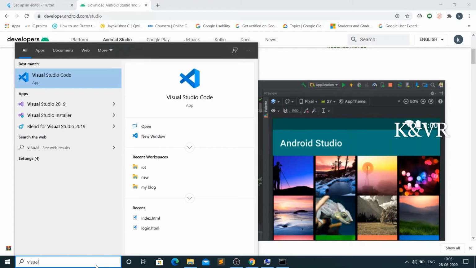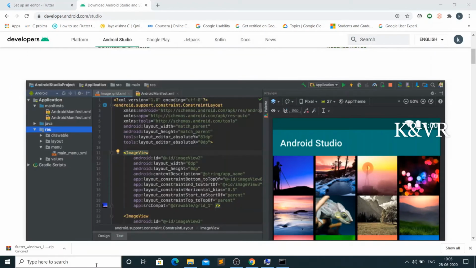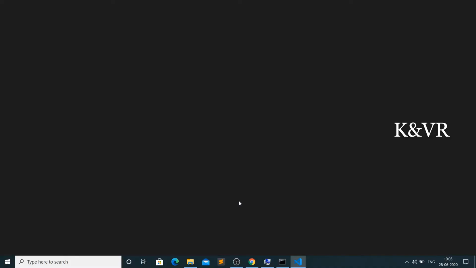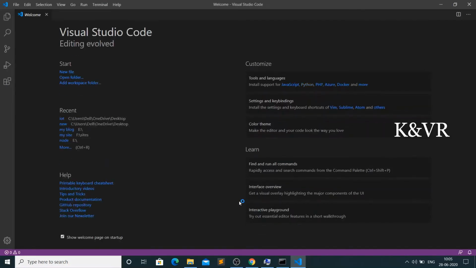I have already downloaded it, so I am opening Visual Studio Code now. See, Visual Studio is opening. This is Visual Studio Code.